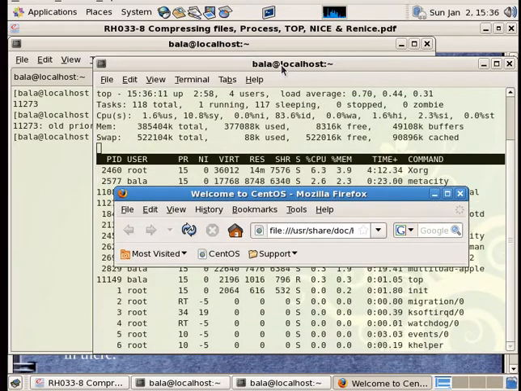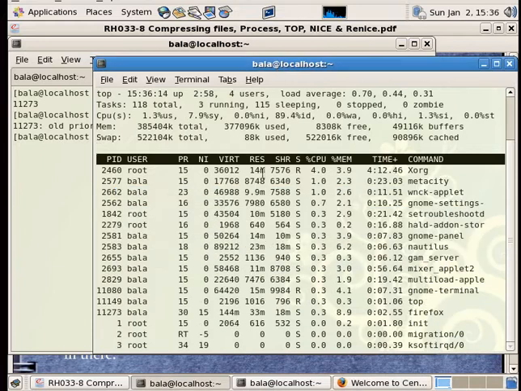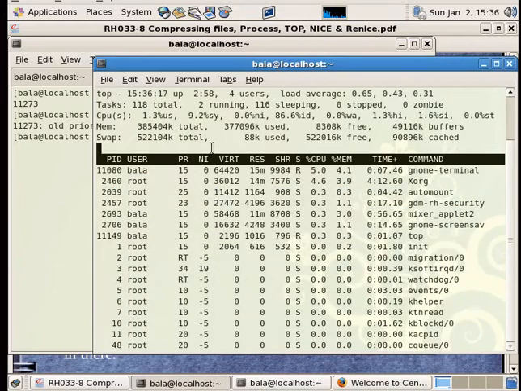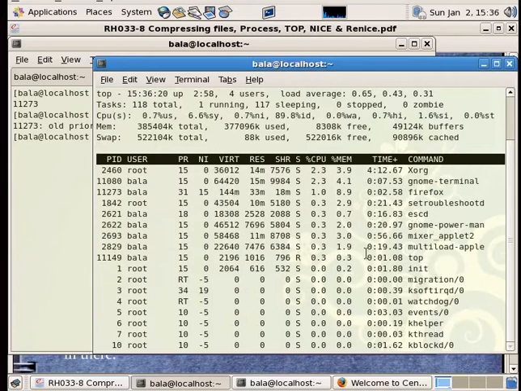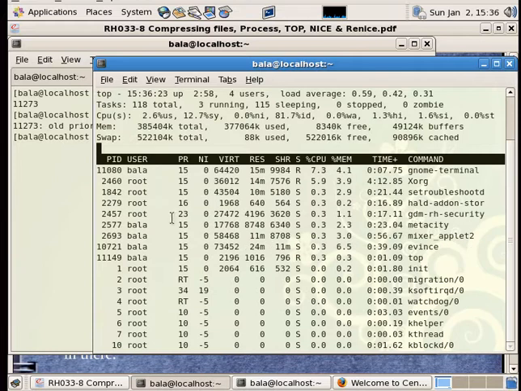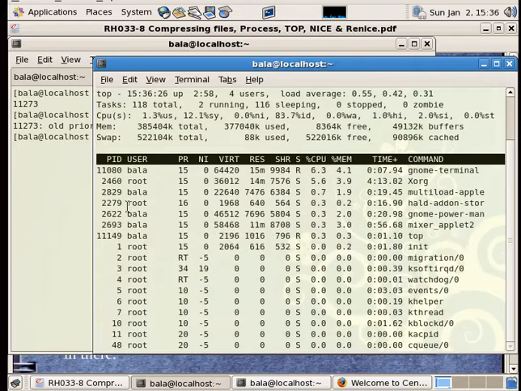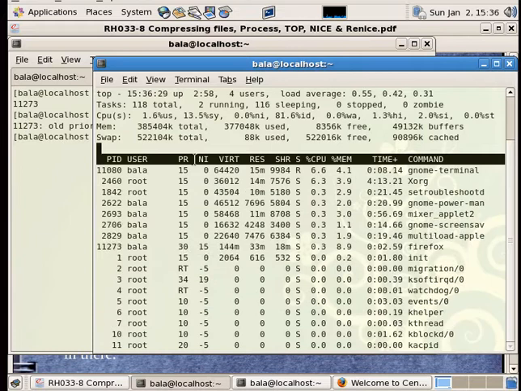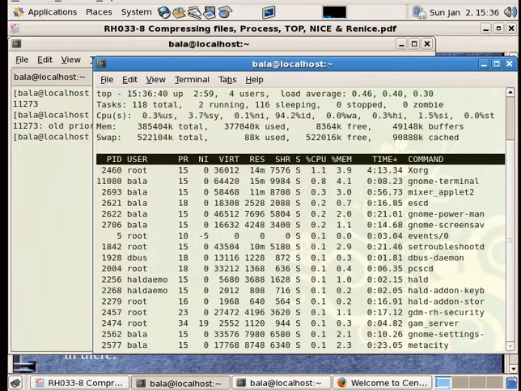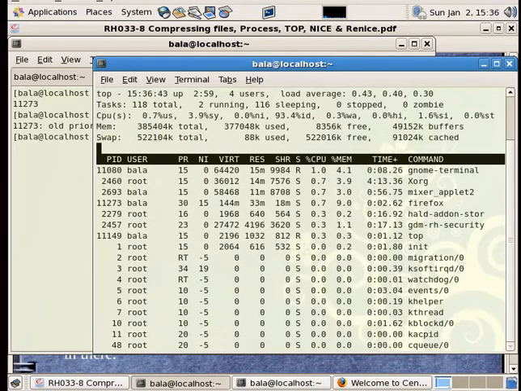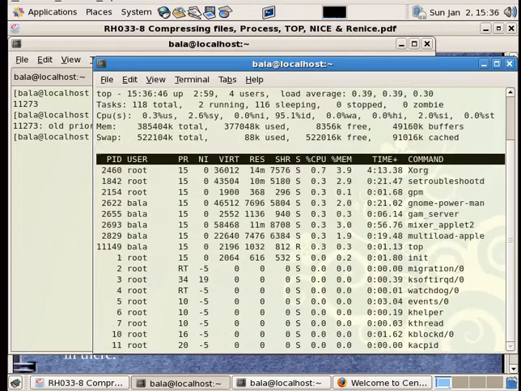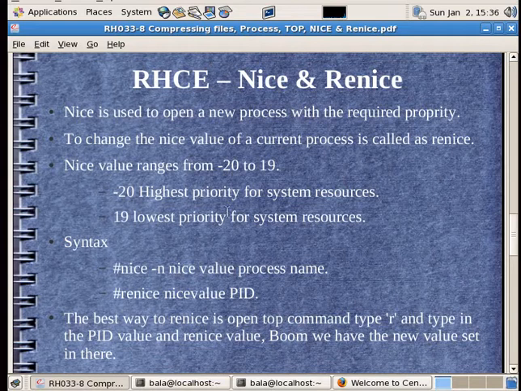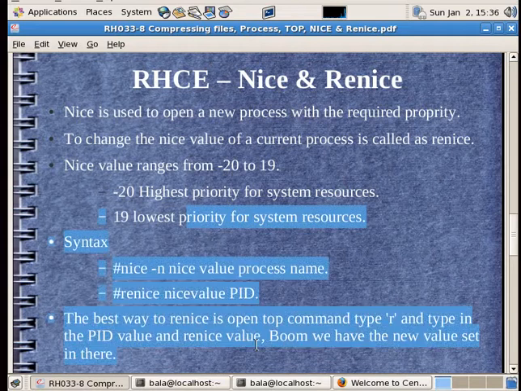That's how you change the nice value, and you can do the same thing within your top command itself. You just need to spot Firefox. See the PID. Where's Firefox? Oh, I already have the process ID. So hit R. What is the process which I need to renice? It's 11273. What is the reniced value going to be? Hit 1, hit enter. It's telling permission denied. Certain times it does tell permission denied, but at other times it does allow me to renice the value properly. Right, with that nicing and renicing has come to an end.